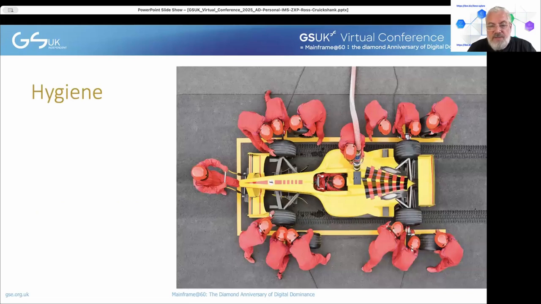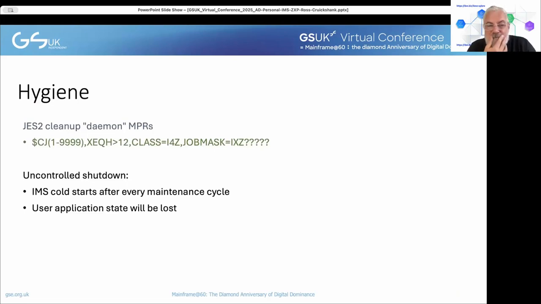Some hygiene factors for what we do, just to keep the thing going. We will purge the region execution timer. So anything in those job classes that's been running for more than 12 hours at the moment, we will just end it. We do have, because we're part of the business partner and ISV data center managed out of Dallas,